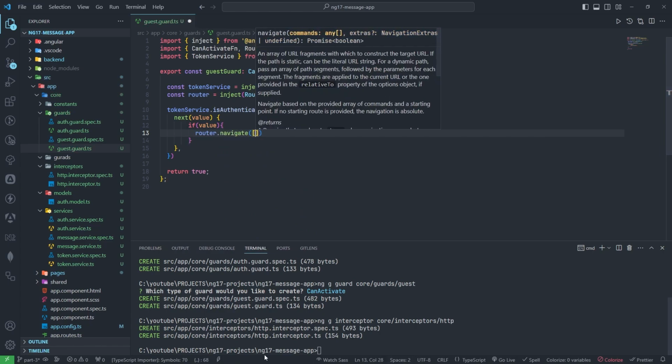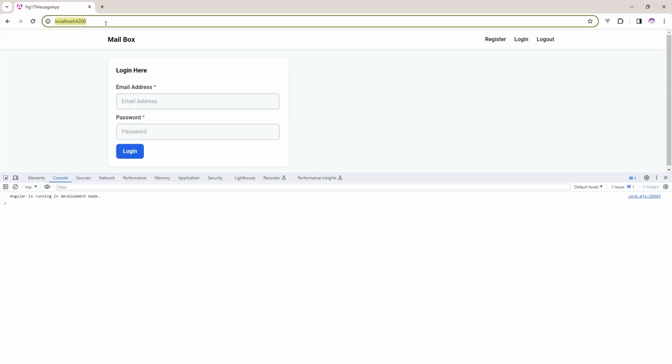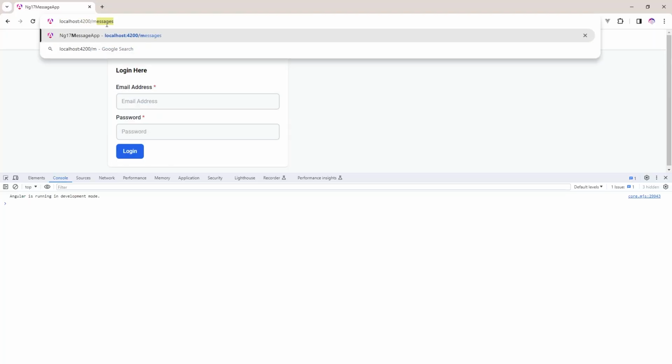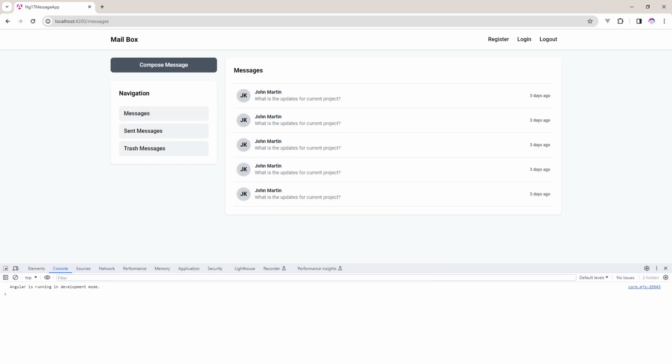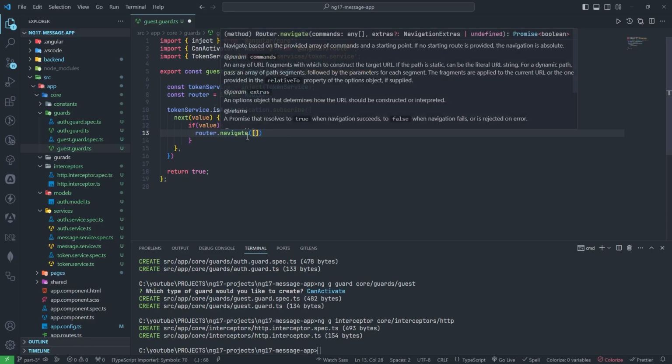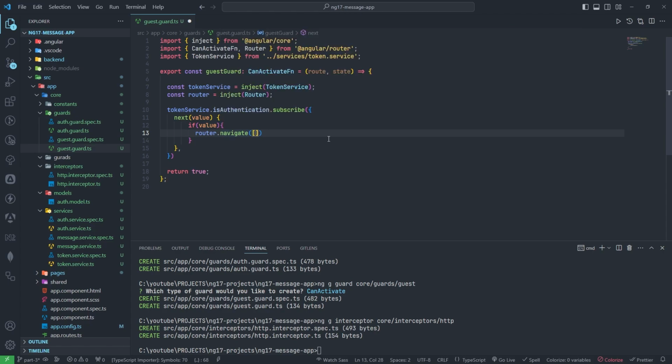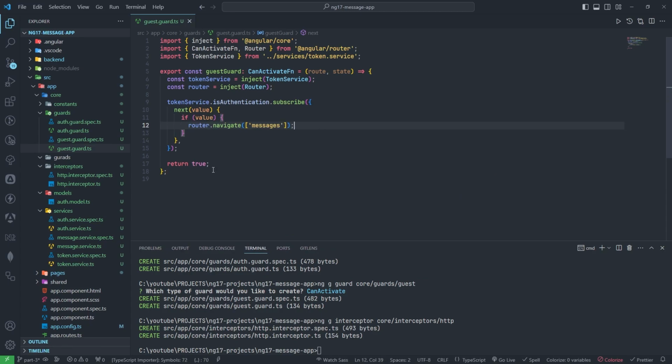Okay, so you can see when I navigate to the messages while typing like this, we will get this page. Okay, so if the user is already logged in, then it should navigate to messages. Okay, so we can see,